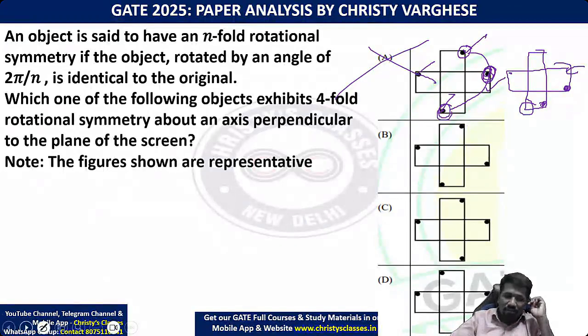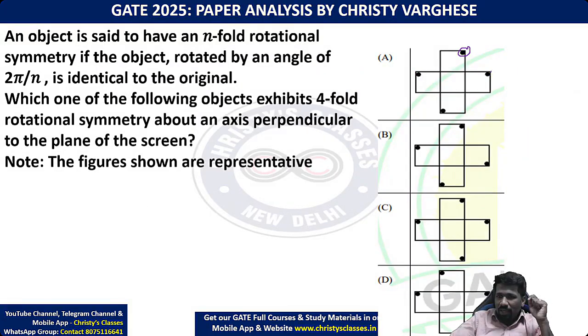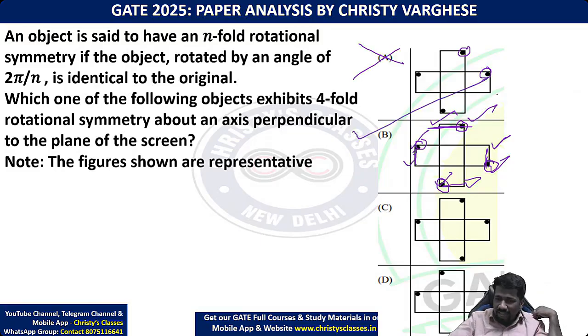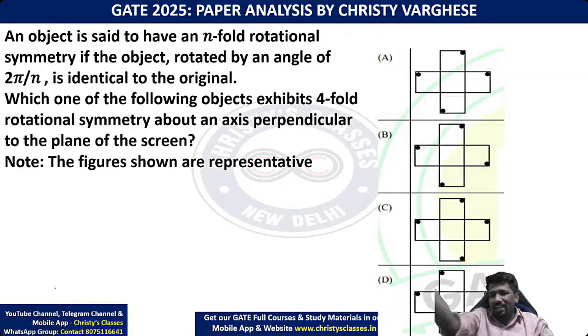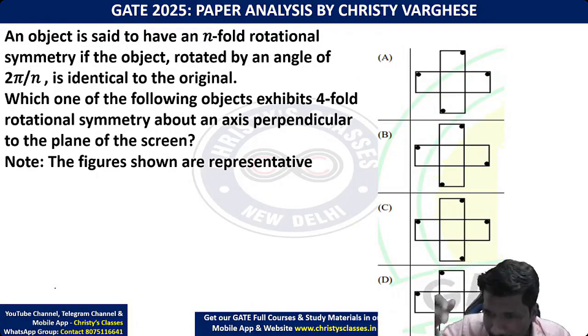So instead of checking one by one like this, you can just understand: this is on the right side, this is on the left side, and that itself is enough to say option A is wrong. This is on the right side, this is also on the right side, this too, and this too. Are you understanding what is right side here? This left, this right, this left, this right, this left, this right. So option B is perfectly the answer because all of those dots are in the right end of that square.